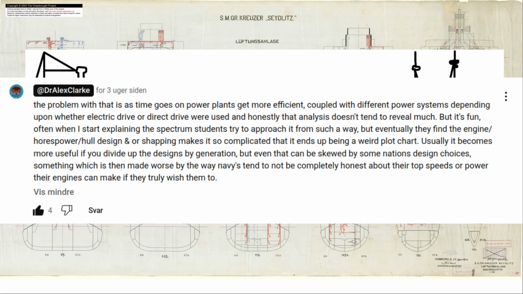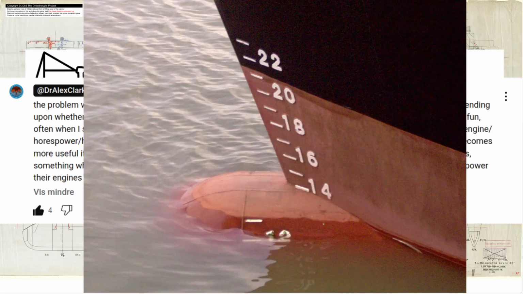So this is what I want to do, but first I need to decide what on earth I mean by power to weight ratio. By weight I of course mean the displacement of the ships. That is the mass of the water the ships displace. But here I actually run into a slight problem,